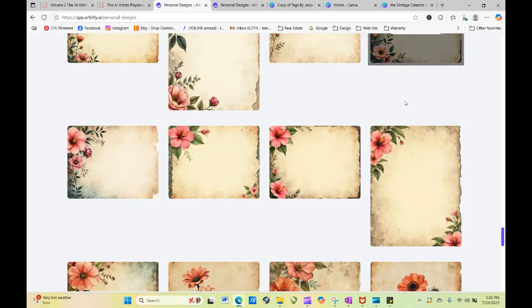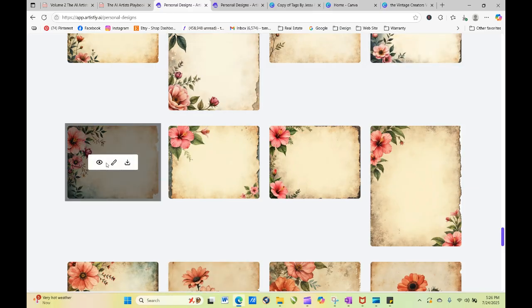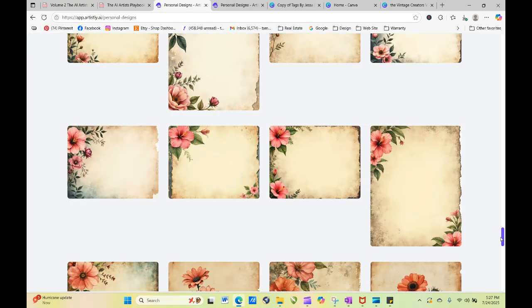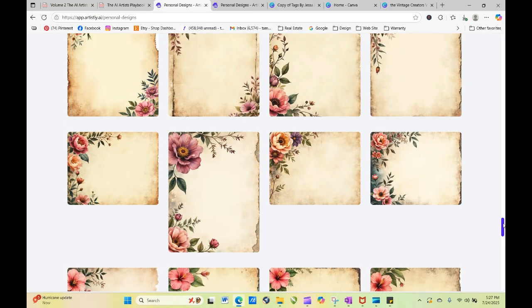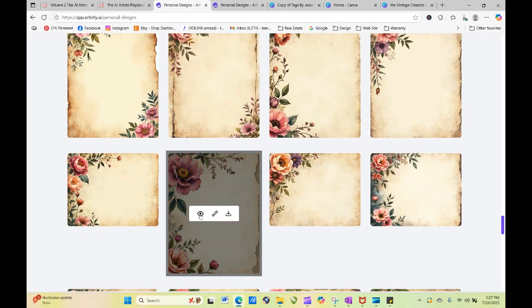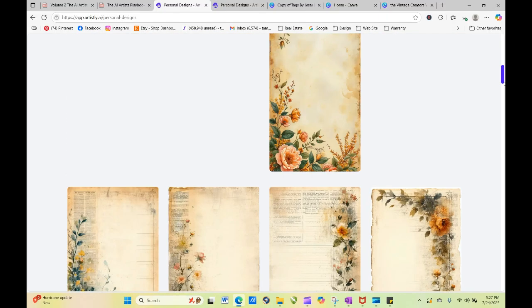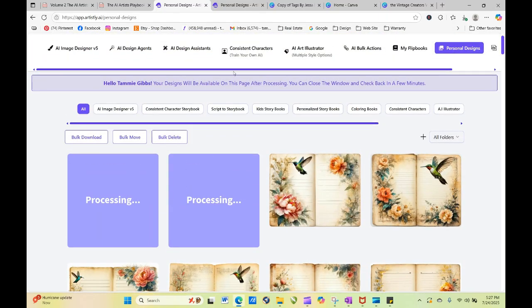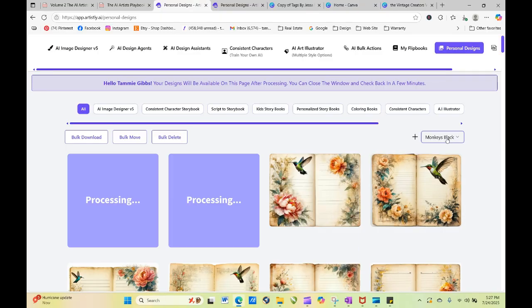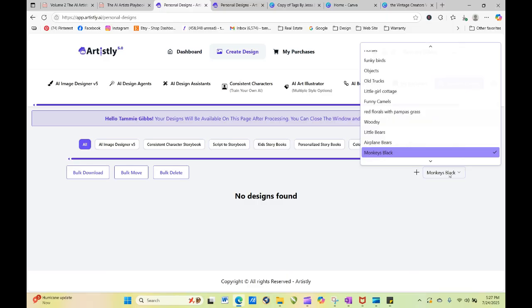I want to go in and I want to tell it to have a different type flower group, floral embellishment. So I played with it and decided I wanted to go into one of my previously created ones. And so I went into my folders and went into, not that one,